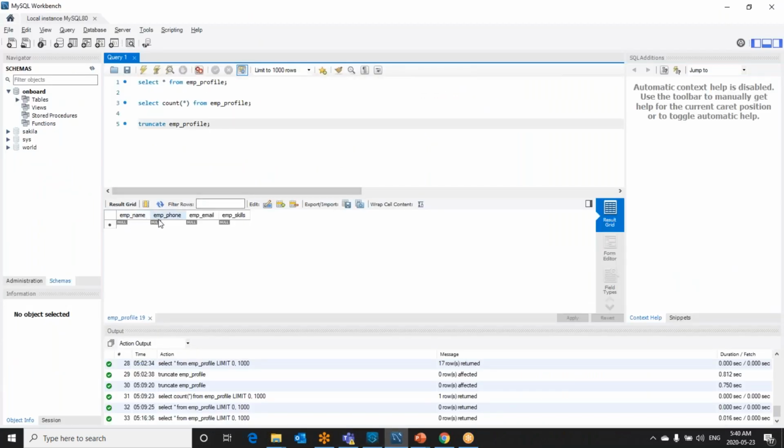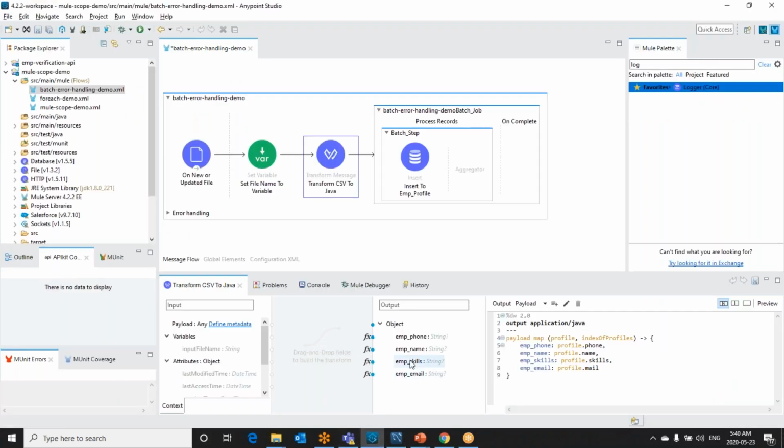I have EMP name, EMP phone, EMP email, EMP skill. So I took the outcome of this collection the same as the database column name so that I can avoid another transform message inside the batch step, because this will already be mapped to the database column names.